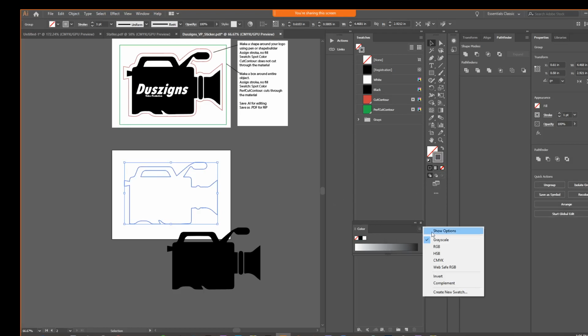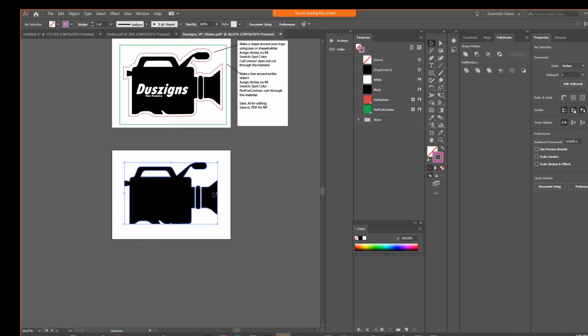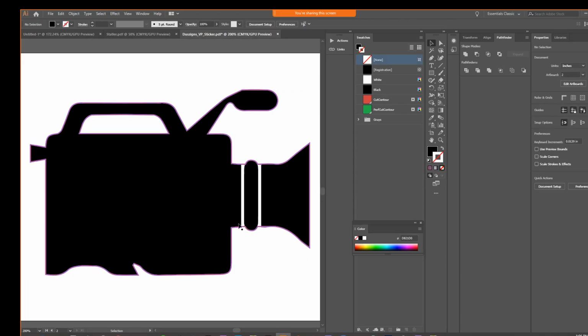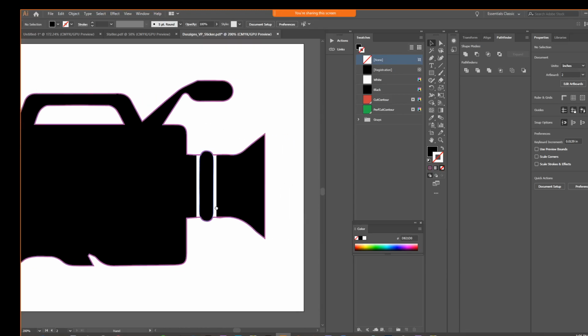All right, and by default it makes it grayscale. So you just have to go into the color palette and change it to RGB. But now I can take this and put it inside of it or aligned with it, and I can see that that pink line is going to go around and be the exact contour or outline of this